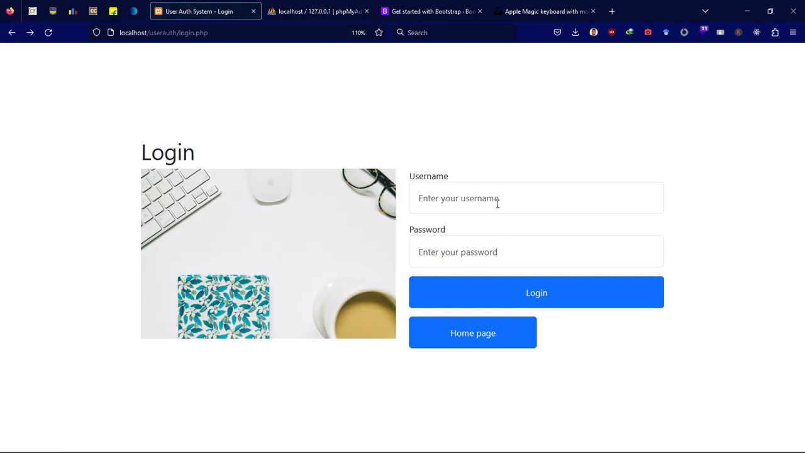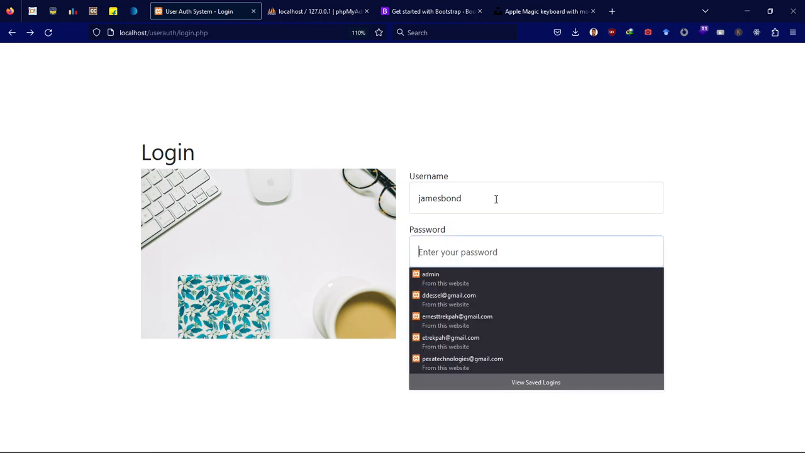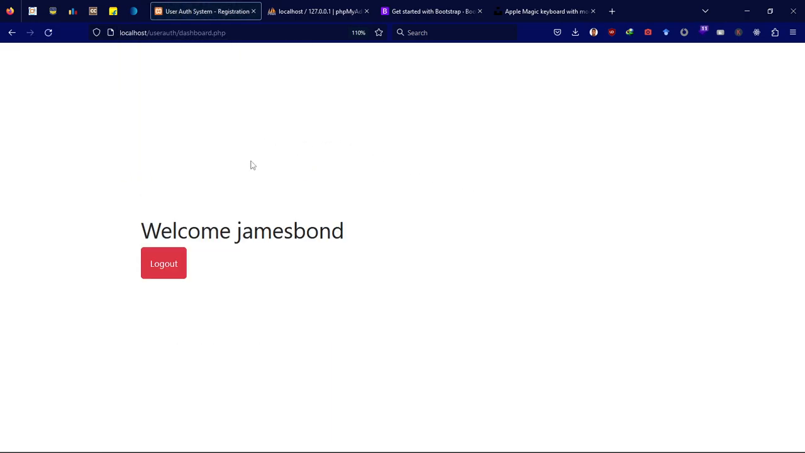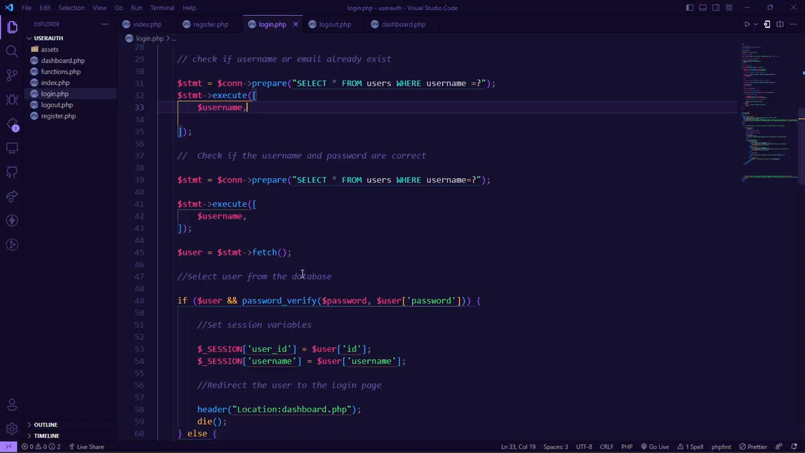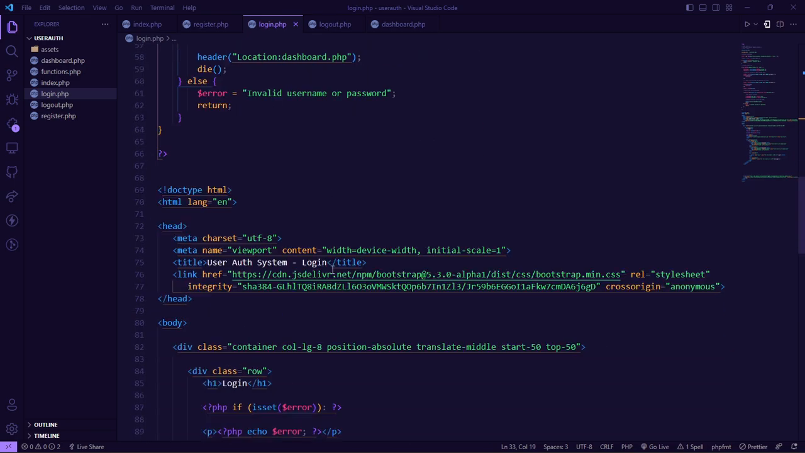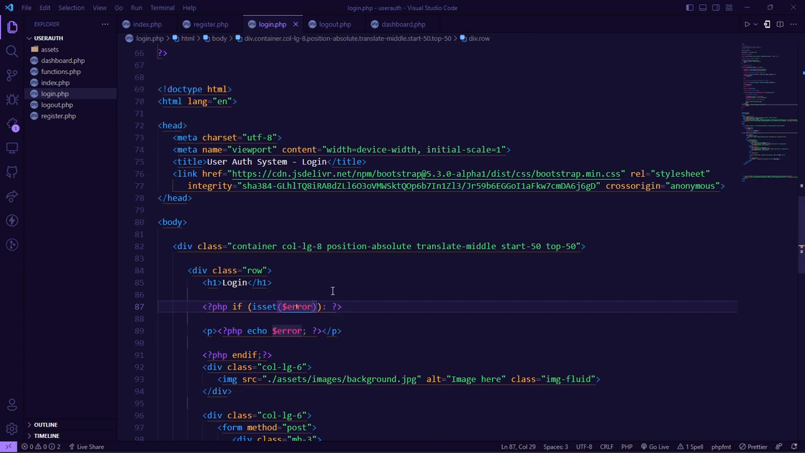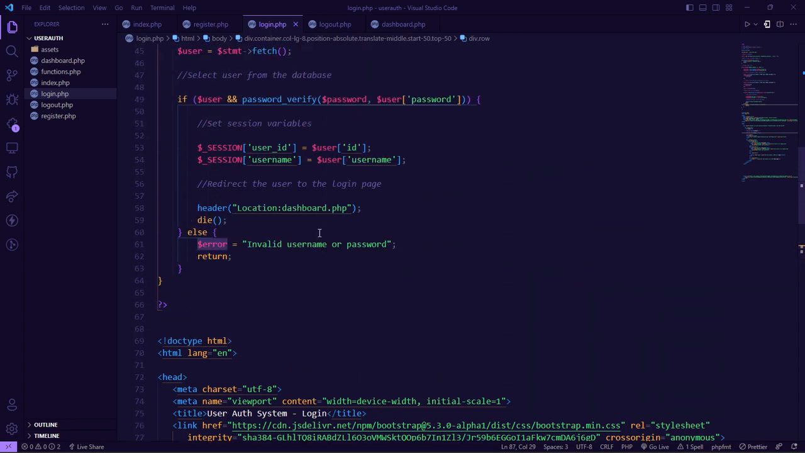So we're actually not getting any output, and what could be the problem? So let's say James Bond, and then I'll say J1234, and we are back on the dashboard. So when there is an error, it is not actually able to print that out. So here I was saying that if it is set error, just do these things for me. But then